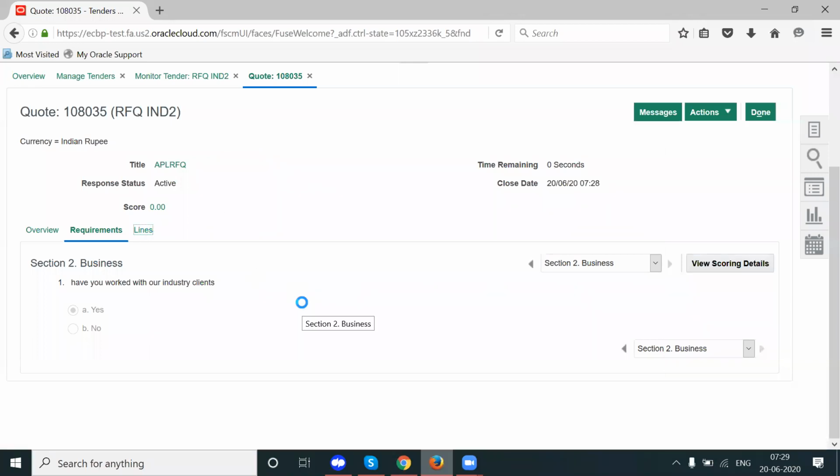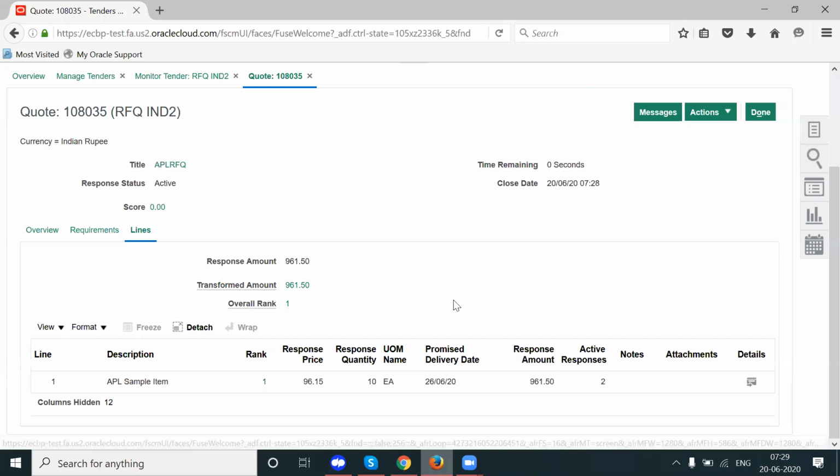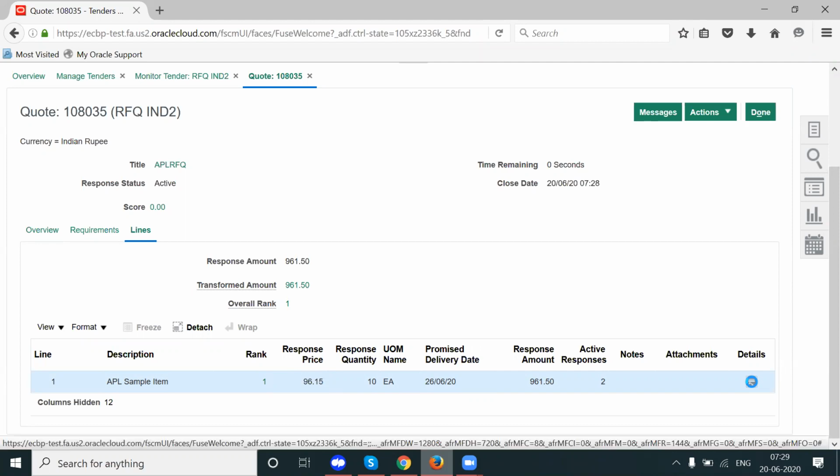And click on the lines. Verify the requested delivery date and verify the response price. It is 96.15, including the additional cost factors. That is really good. And click on the details.